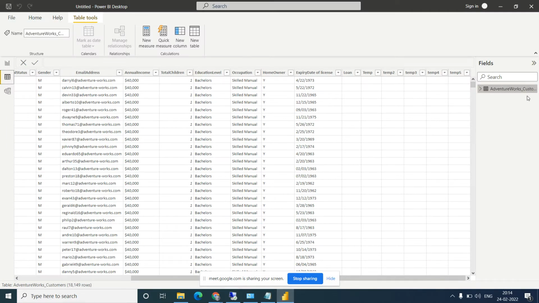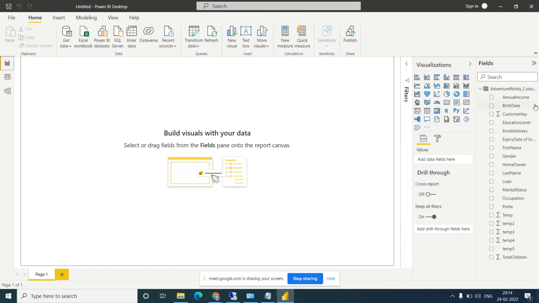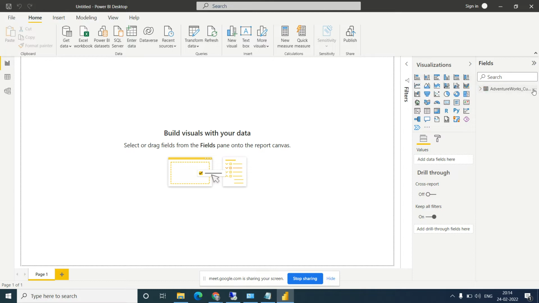How to go to the query editor, Pranay? How to go to the query editor? This is our data. How to go to the query editor? Yes. Gopa sir, how to go to the query editor?